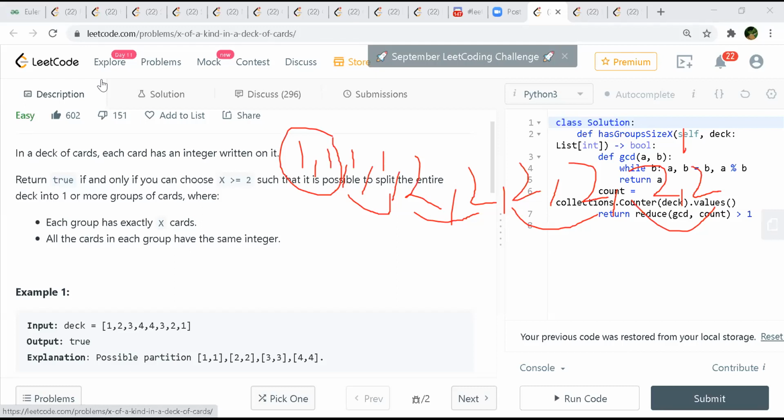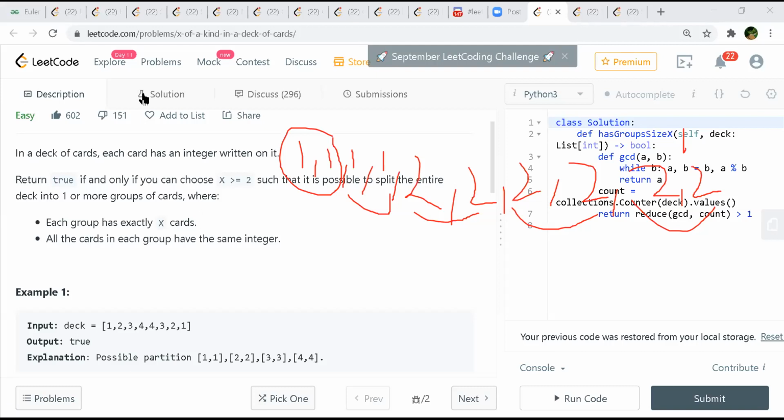Okay. So had this been 7 twos, then your HCF would have been 1, right? No, I'll take only greater than 1. It should be greater than 1, then only I'll take. So that's what I'm saying. If your count for 2 is 7, then your GCD would be 1, right? Then this would be a false case. That's why I will take care of that, like it should be greater than 1. Yeah, this should work.